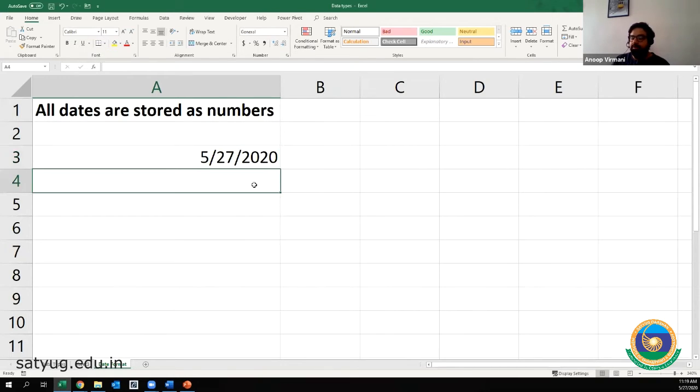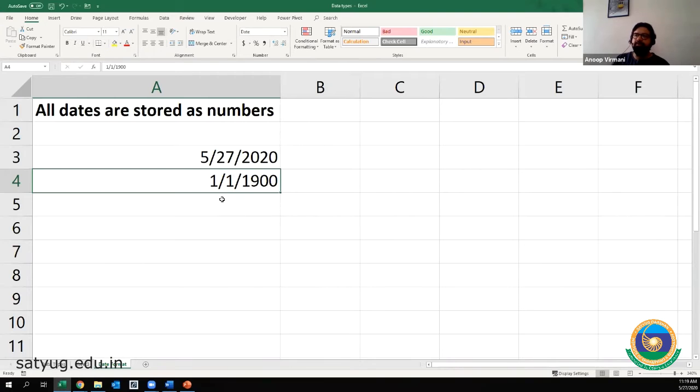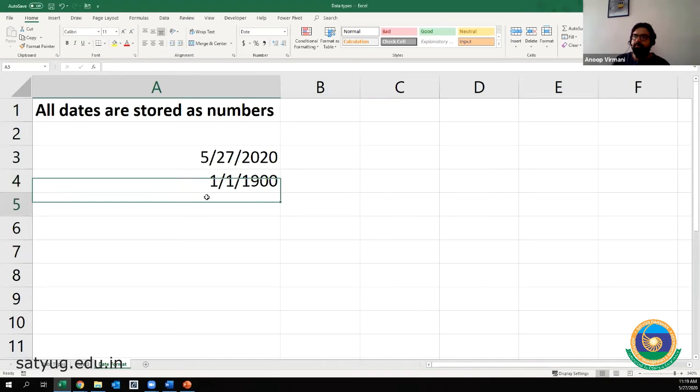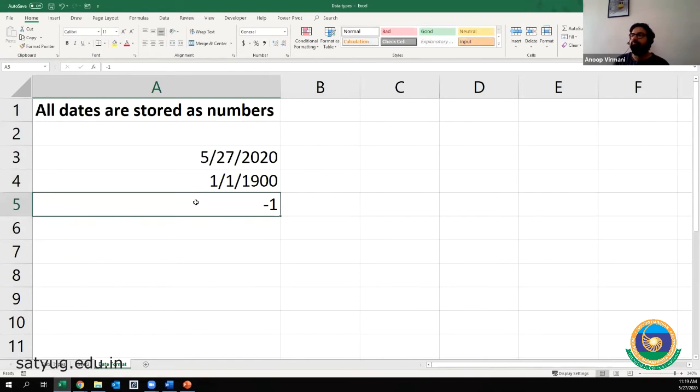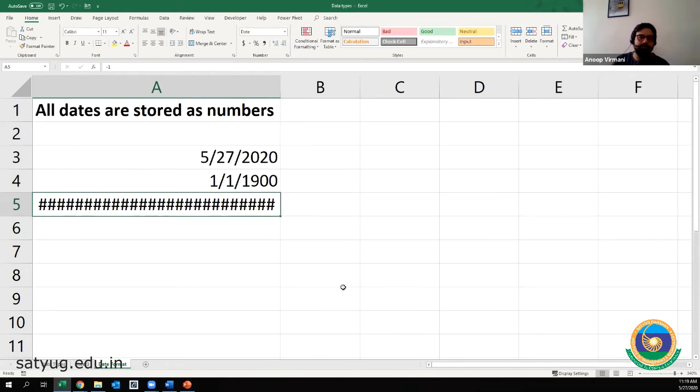So it stores the date from 1. From 1, if I see, you see, it is 1st January 1900. With -1, nothing. This is not the error of column width.